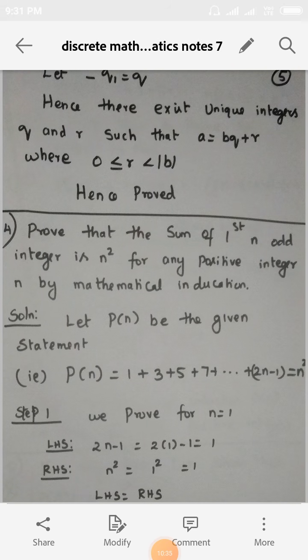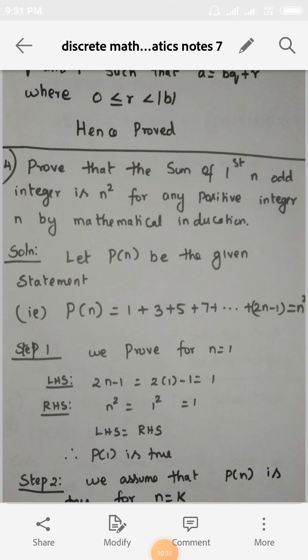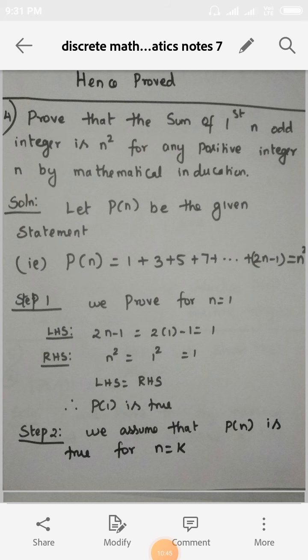See the next sum, that is a 5-mark sum. It is simple. We have to show that the sum of the first n odd integers is n square. Sometimes the question will be asked like this: prove that the sum of the first n odd integers is n square. Or sometimes it will be asked like this: prove that 1 plus 3 plus 5 plus 7 plus etc. is equal to n square. What is 1 plus 3 plus 5 plus 7? It is nothing but the sum of the first n odd integers. You have to show that by using the mathematical induction method.